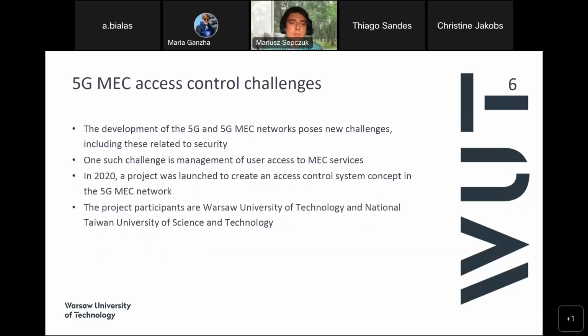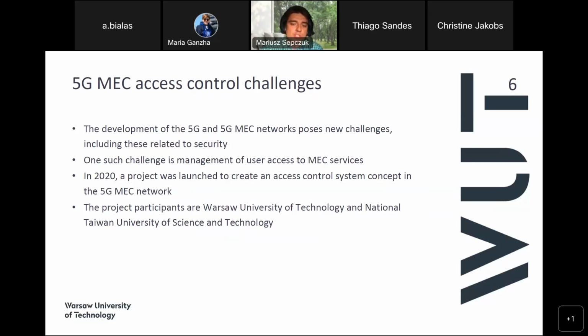And of course, the 5G MEC network concept is constantly being developed, and new changes occur, also in the area of cybersecurity. And one of such cases we should pay attention to is access control, in which a user wants to be able to gain access to particular MEC services. And moreover, we decided to submit a project in 2020 that would refer to creating a solution controlling access to